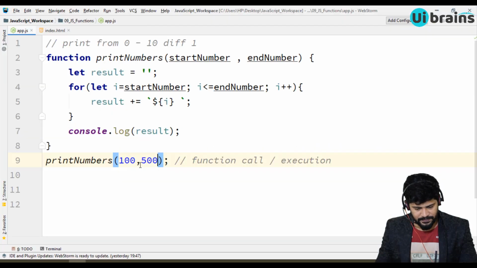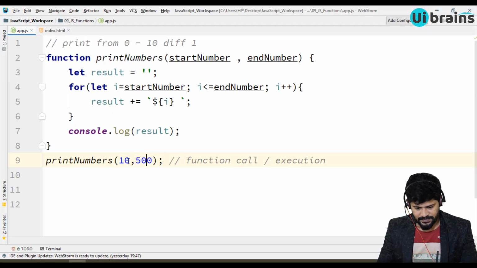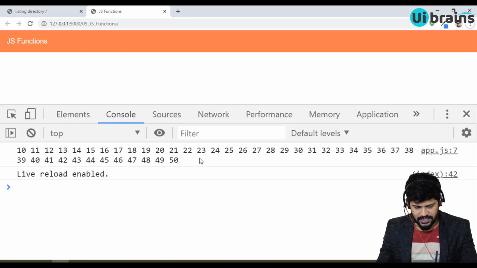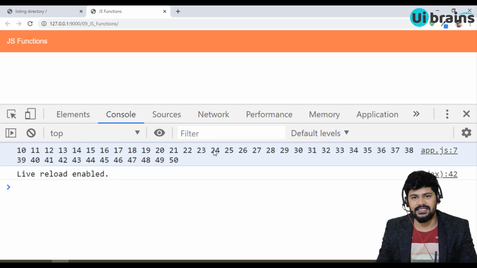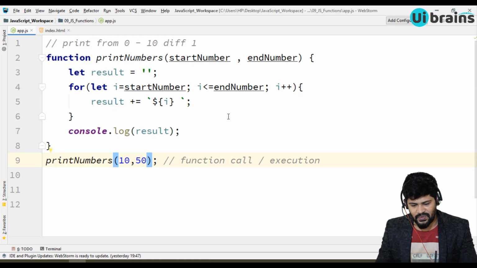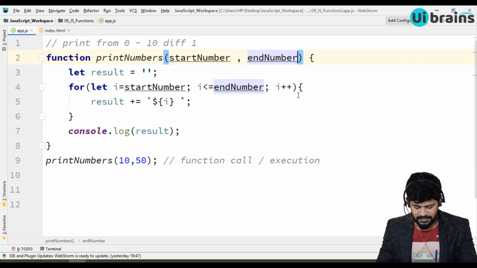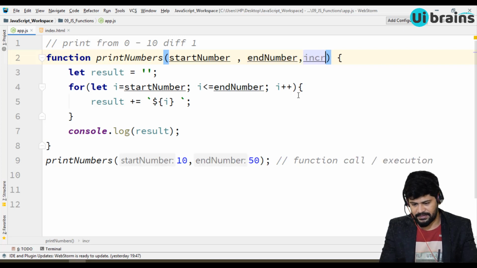Now let's make it 10 and 50. You got it. And one last thing is you can even customize the increment. It is always incrementing by 1, right? 21, 22, 23, like that. I want to increment by 5. I want to customize that. So I plus plus, right? So I can make an increment.